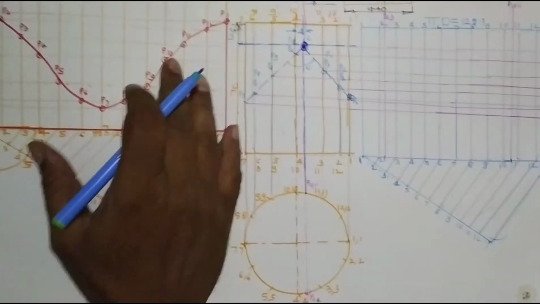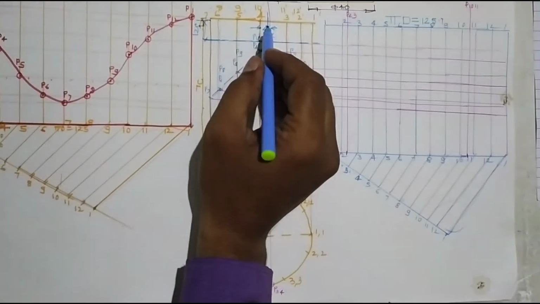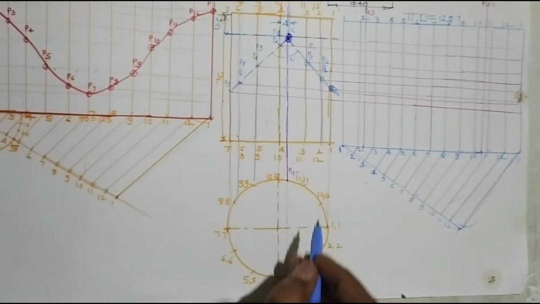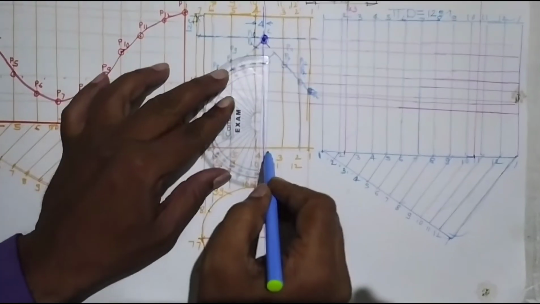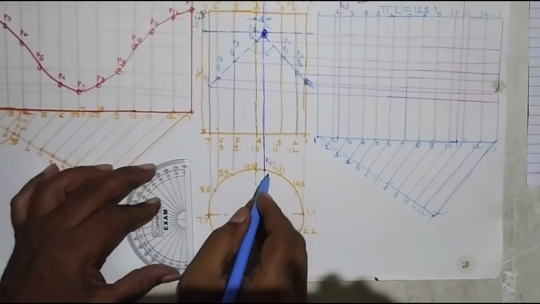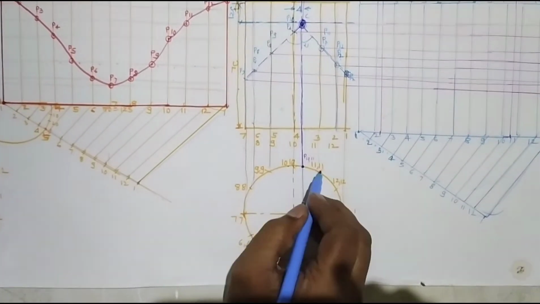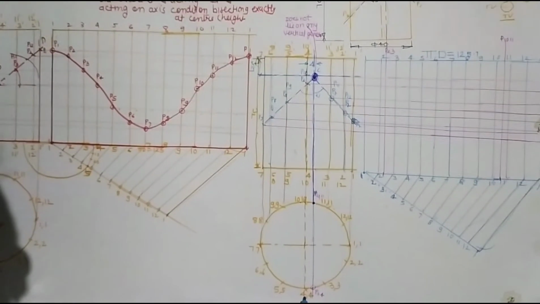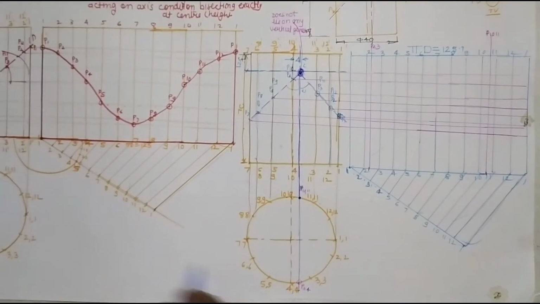It does not lie on any of the 12 generators of the cylinder. It is lying between the front face, that is 4 to 3, and the back face, 10 to 11. So I have named it. Just draw a vertical line and transfer it in the top view where it intersects the circle. This is the back portion. It is between 10 and 11, so I have named it P10 and P11. In the front side, between 4 and 3, so I have named it P3 and P4.